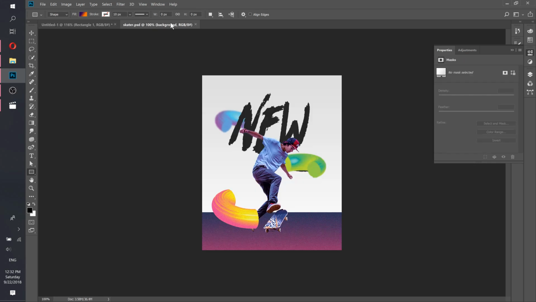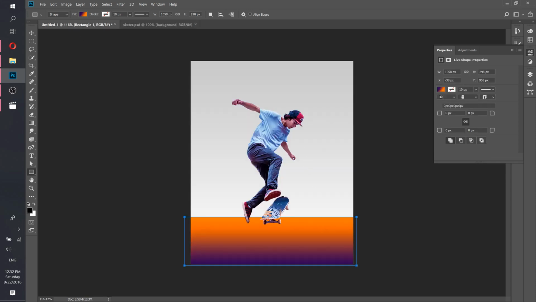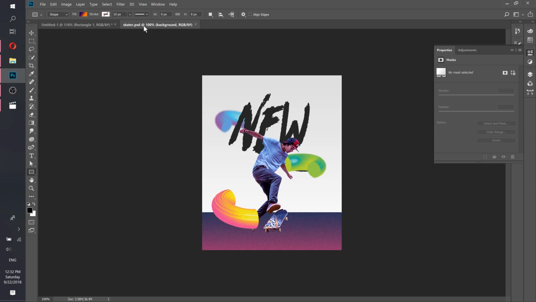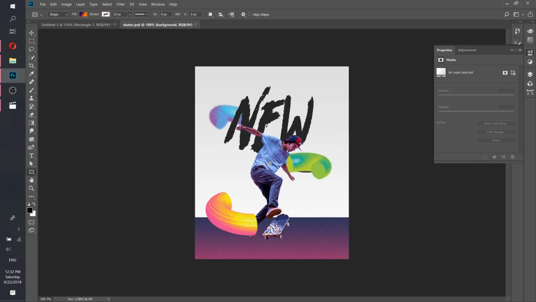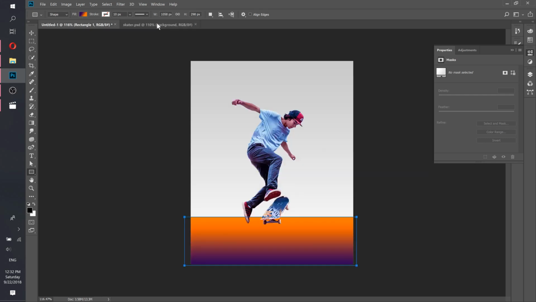So if I look here, the first thing we need to notice is that this guy and the skateboard are a little bit down first of all, and also a little bit smaller. So if I go back here, you can see that this is really big. But also my image is actually small, so let me get a little bit closer. And now if we compare them,